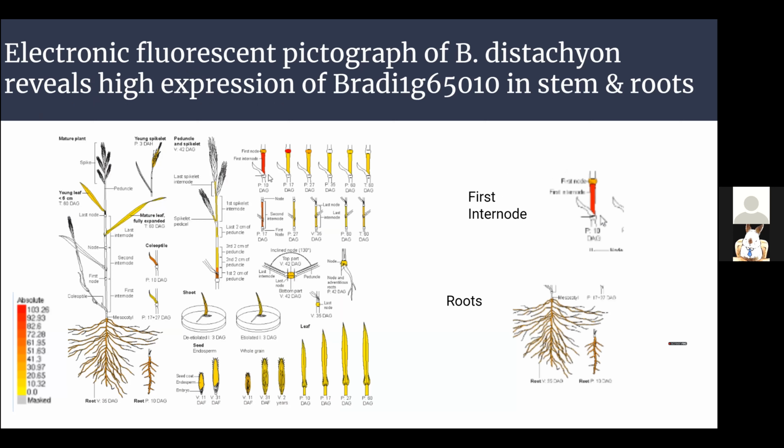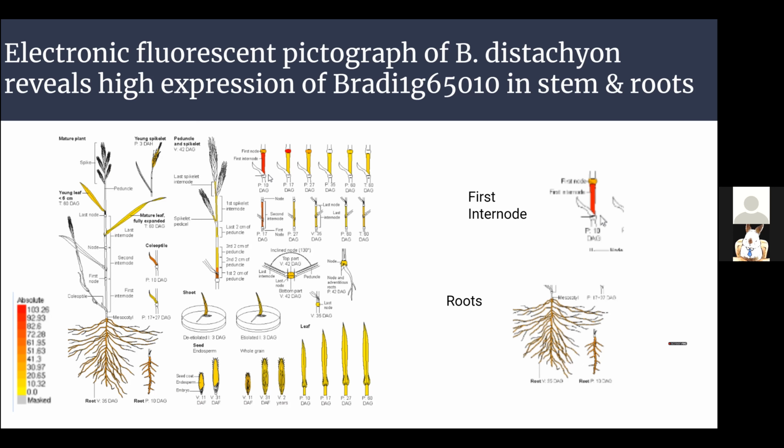So, in order to first design an experiment, we had to figure out where our gene was most highly expressed. We did this by looking at an electronic fluorescent pictograph of the Distachyon, and this revealed that our gene is most highly expressed in the stem and roots. You can see this in the figure, which shows gene expression on a scale from yellow to red, red being